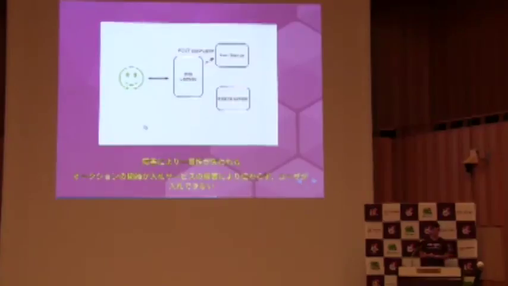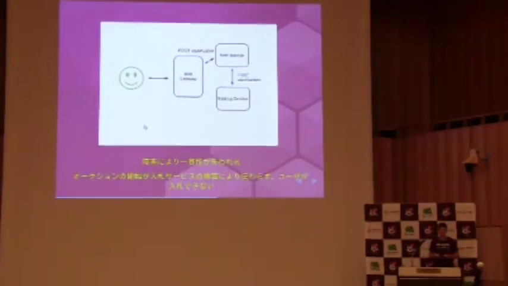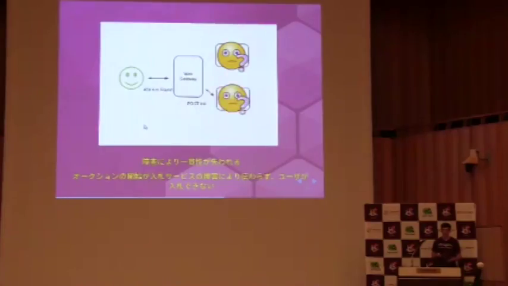But what happens if at the time that the item service tells the bidding service to start the auction, the bidding service isn't there, it's crashed? Well, the item service is left going, well, what do? I don't know. And then later on, a user will come and they'll make a bid. The bidding service will be fixed, and a user will make a bid, and it'll say, well, hang on, I don't know about this auction. Nobody ever told me about this auction, and return a 404 back to the user. And so the user won't be happy. So let's see this in action.